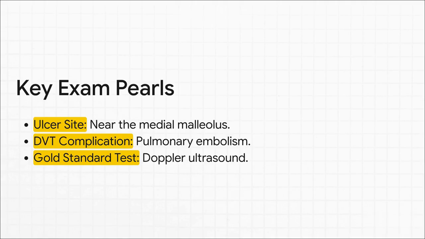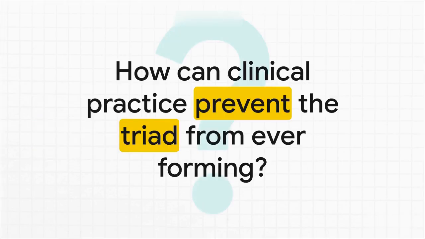These are absolute must-knows. And that pretty much wraps up our explainer. We've gone from basic physiology to the acute crisis of a DVT to the chronic grind of valve incompetence and all the way up the treatment ladder. So I'll leave you with this final thought, which is really the ultimate goal in medicine. How do we move from just treating this stuff to actually preventing it? How can we get better at spotting at-risk patients and stepping in before that first domino in Virchow's Triad